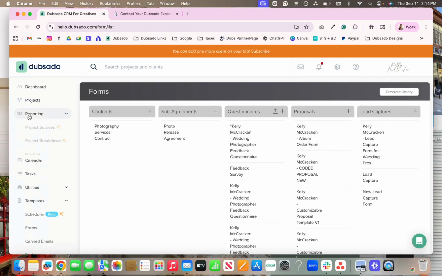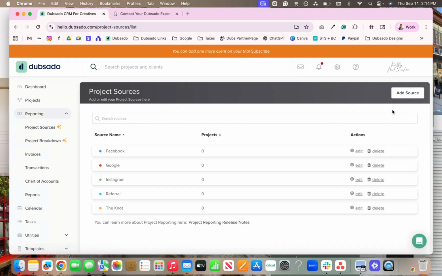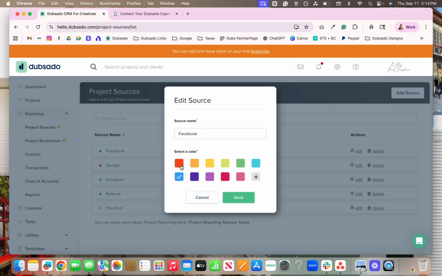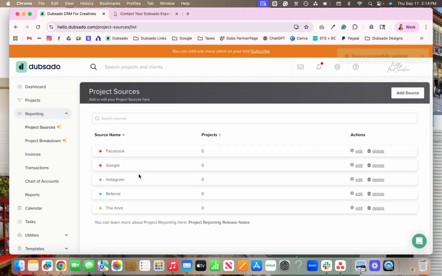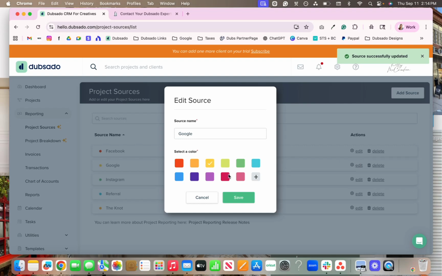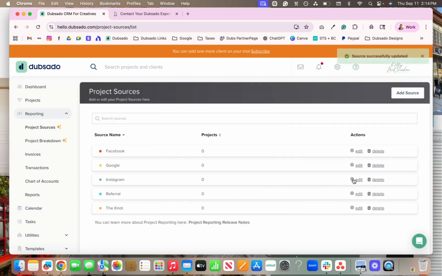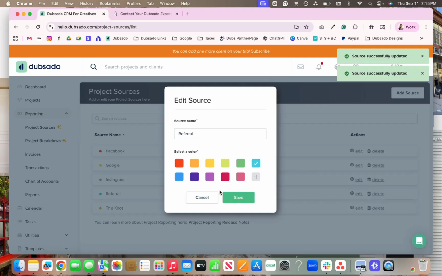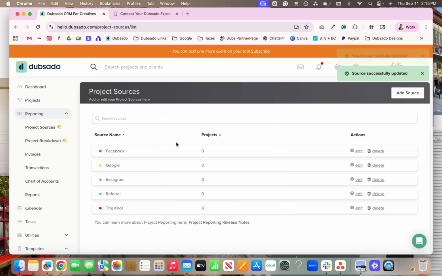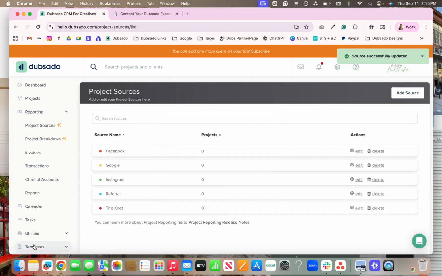So if you come over to reporting and then project sources, in here you can add as many sources as you like and list them out. I like to just put them in alphabet. They default to ABC order, but I like to put them in rainbow order just because it's fun. Once you're happy with that and you've added in all the ways that people will find you, we will go back to your lead capture form,